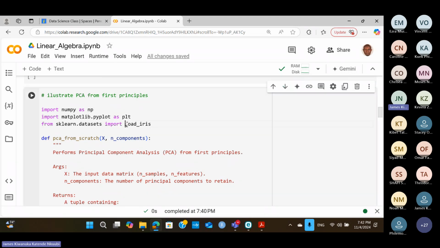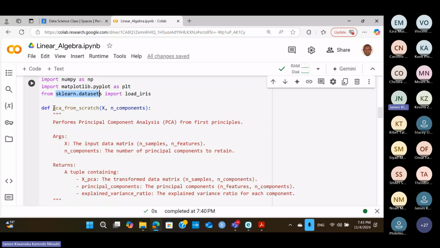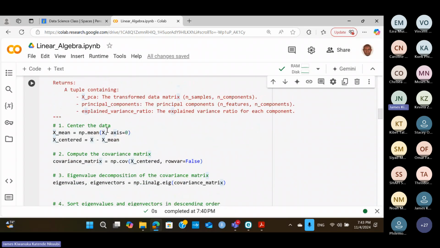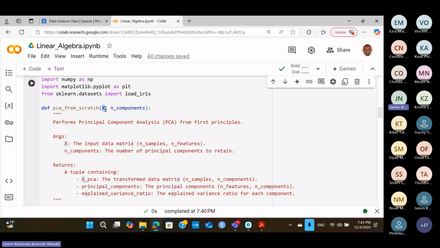And now our data set, the first data set that we'll work with is the one that comes in sklearn. I think it's also in other packages, but it's in sklearn. In sklearn, it splits. We will get to the splitting part. So the function we are going to write is going to be called PCA from scratch. You will give it your matrix X. I don't know if I do the centering. Yeah, the centering is done in the function. So you don't need to, just give it the original matrix and the number of components you wish to retain